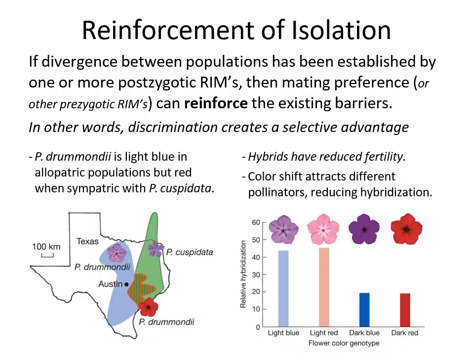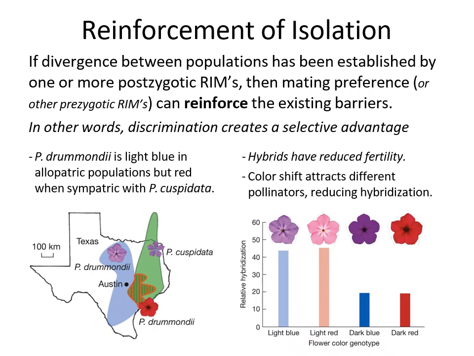So that's what we can think of when we think about this idea of reinforcement. We have populations become established, and we might have post-zygotic reproductive isolating mechanisms in place. If we have these post-zygotic ones in place, then that can even further reinforce the idea that we're going to have pre-zygotic ones. If you become more selective about who your mate is, then you'll end up having greater success, because if you have a mate that is similar to yourself, then your offspring are going to have more success. If you find a mate that is not like yourself, then your hybrids are not going to be very good. So it's kind of nice if you can say, I'm going to stop this before it even gets started,